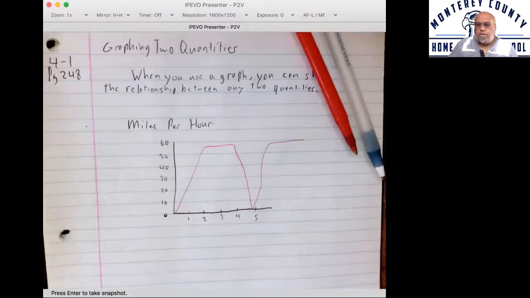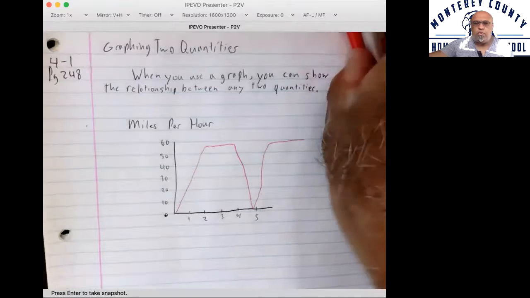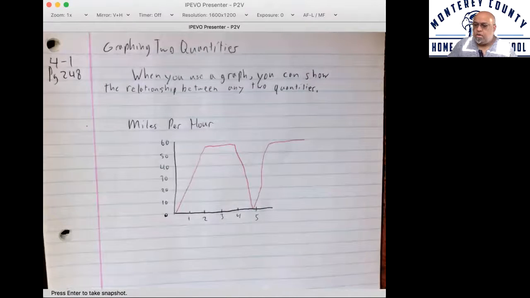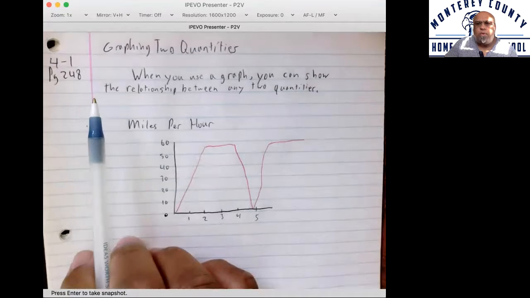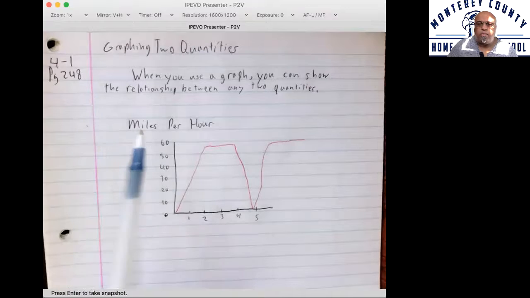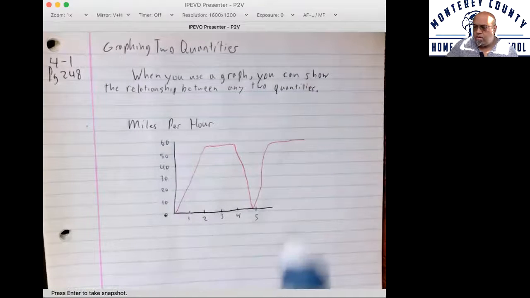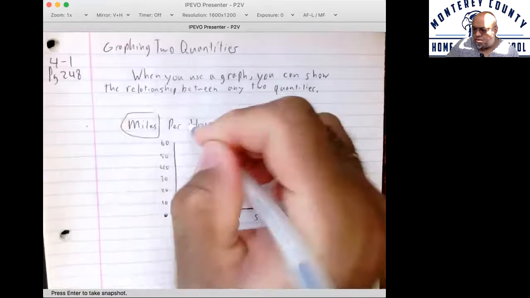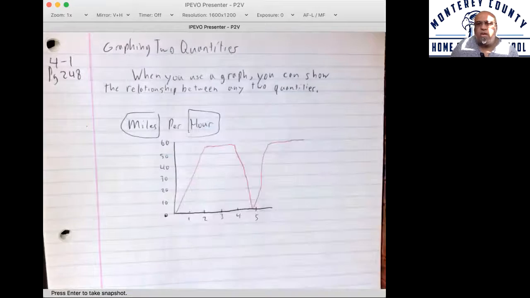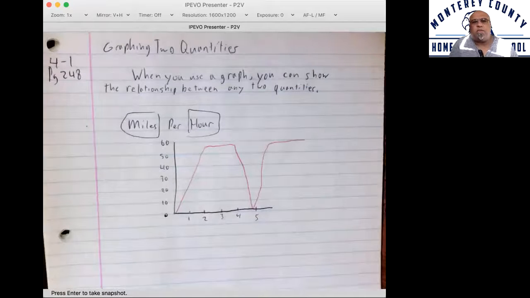All right, today we're going to be learning about graphing two quantities. So, what do I mean by two quantities? Any two things that are held together in a relationship, like, for example, miles per hour. One of the things we're talking about is miles, the other one is hours. So those are quantities. Those are basically just things that are being measured by numbers. Okay? Now,